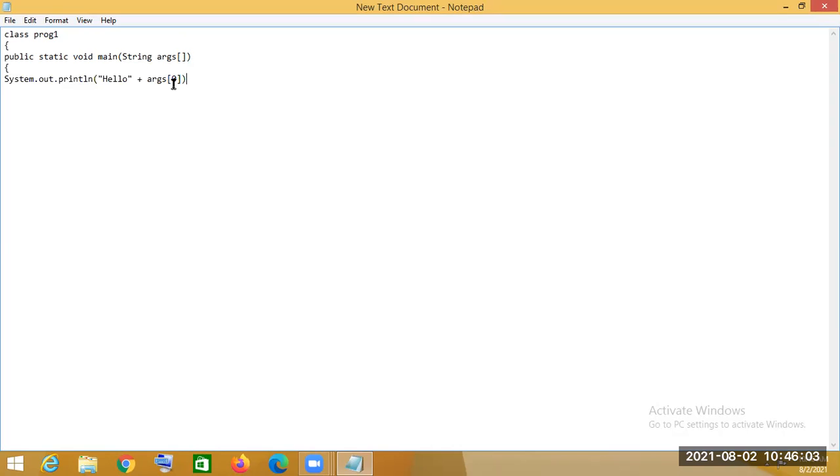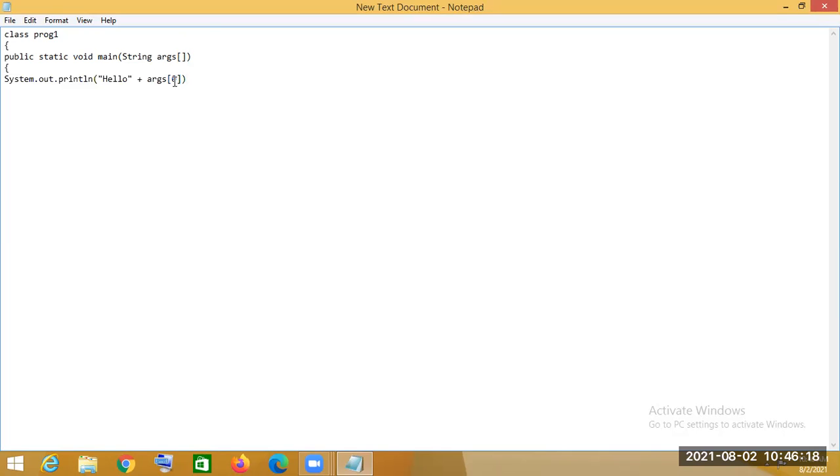Args 0 means we have to pass at least one argument during runtime, because 0 specifies the first index.